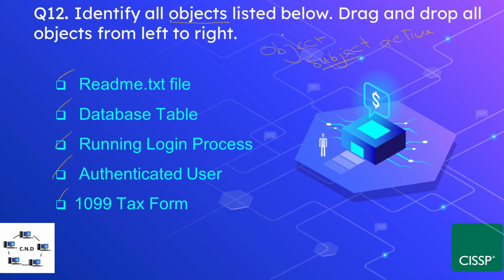And we have to select the objects, that is, the passive entities. So the correct options are the readme text file, which is a passive entity; a database table, which is also a passive entity; and the third and last correct option, the 1099 tax form. The running login process and the authenticated user come in the category of subjects because